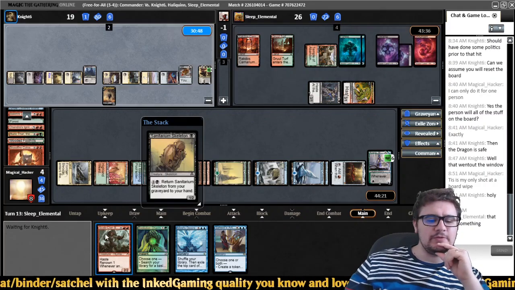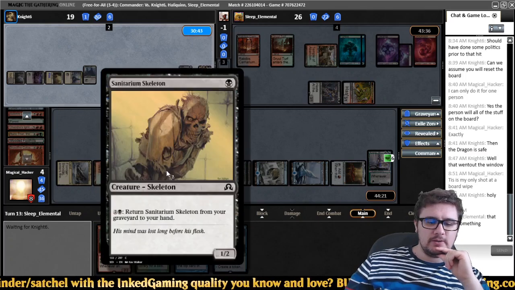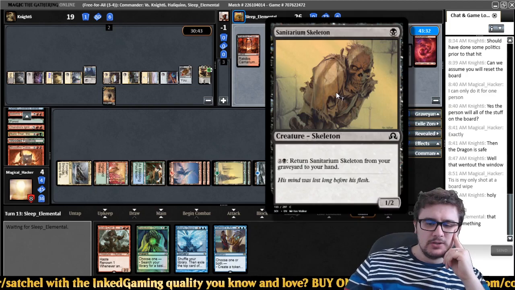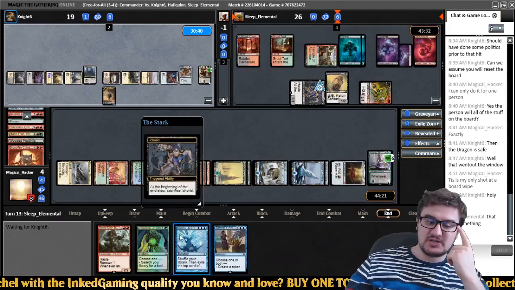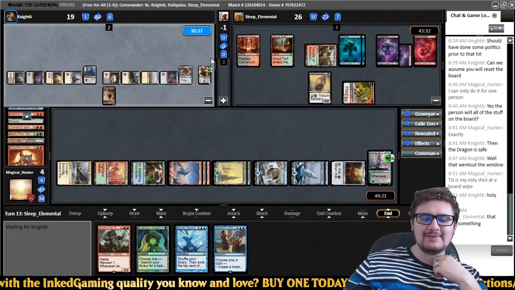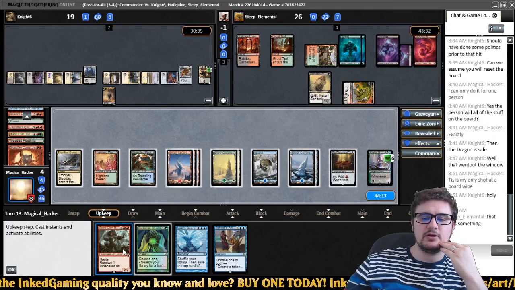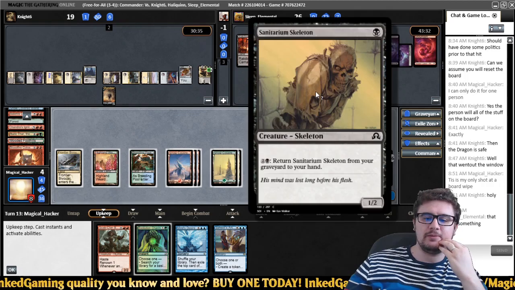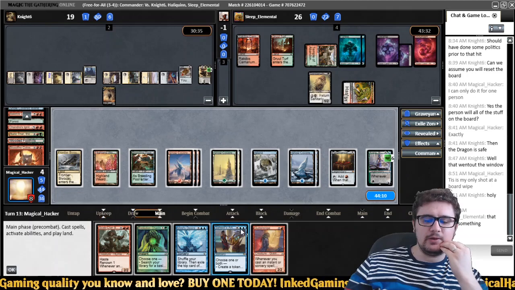I think what we want to do here is go for the Scab Clan Berserker. They're going to play the Sanitarium Skeleton from their hand, okay? I don't think it's worth copying that one. I think what we'll do here, check this out, we'll play out the Scab Clan Berserker, Saheeli's Artistry copying it and the Venser's Journal. Then we can attack with the Scab Clan Berserker and deal some damage. So technically they can block with the Sanitarium on one of them, but not on both of them. And even then, we'd probably...